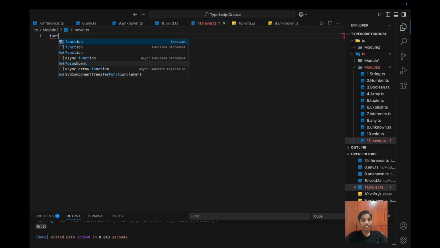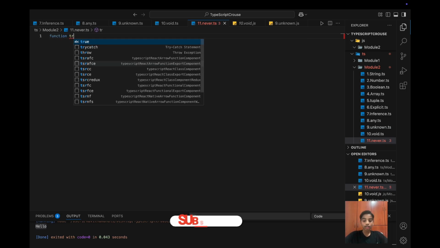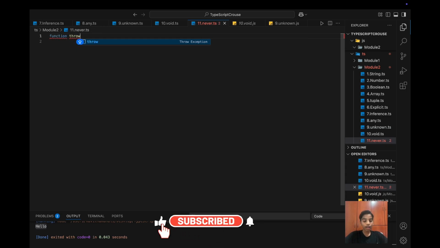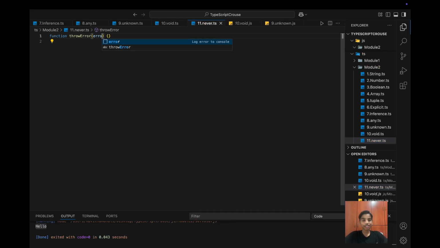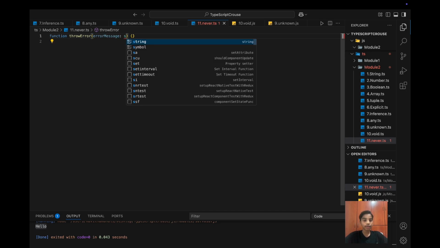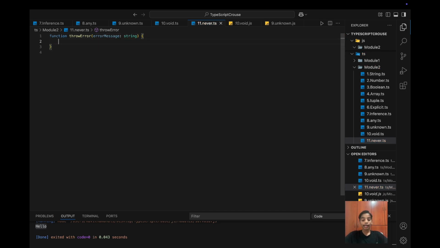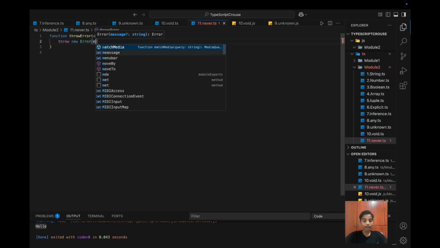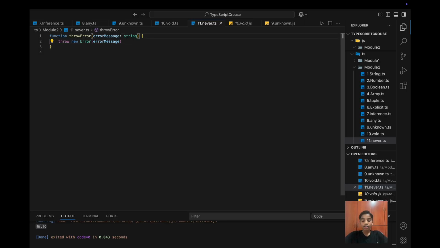So we're going to create a function that will be named throwError. It will get an error message, which is of type string, and what it will do is throw a new Error. The error is the error message that we have just defined. So now the return type over here is never, because it's throwing a new error. So we say throwError, and the error shall be